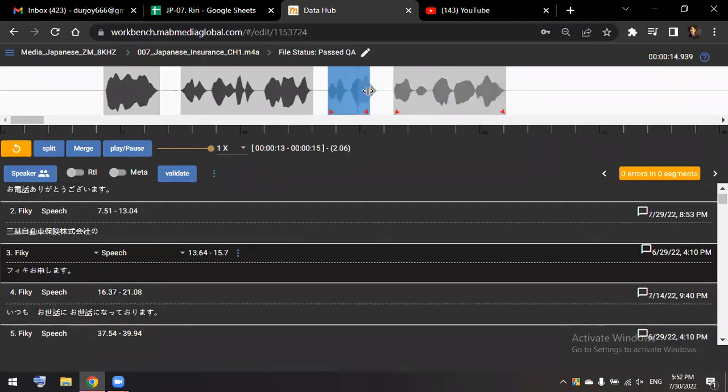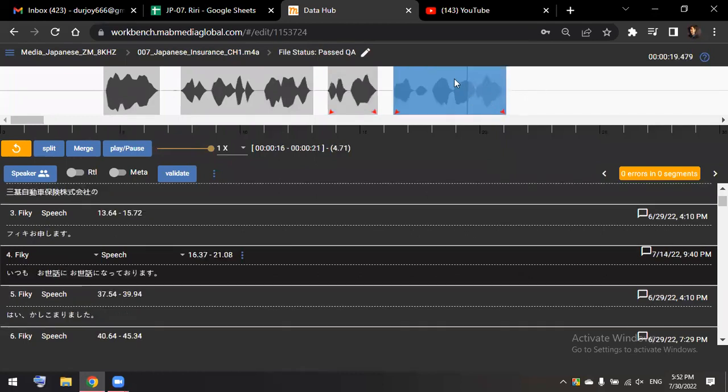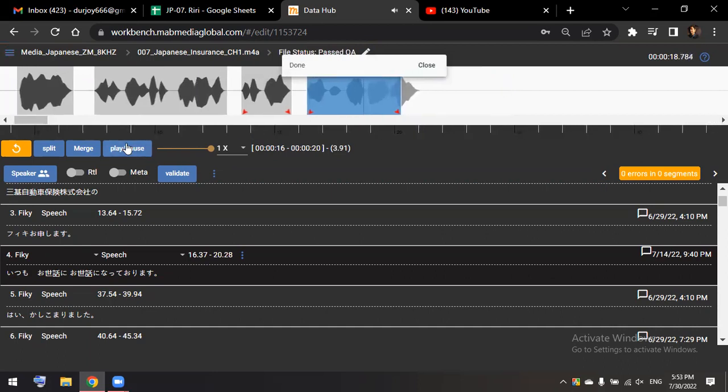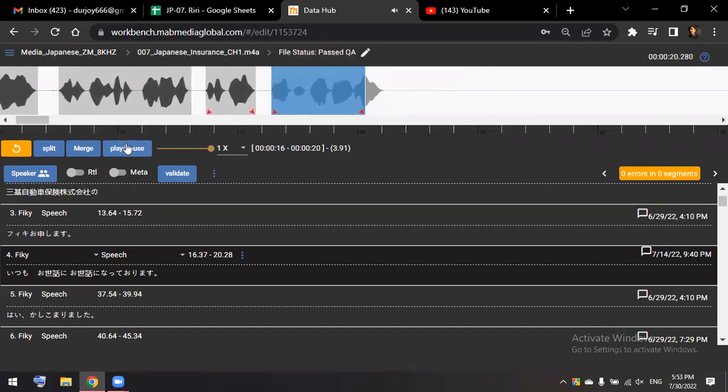You will not find much like this one. If you find this, then you have to merge it down like this. Double click on the segment and merge it down as a new word in the segment. Don't put any kind of broken word, because if you find this, you will hear that person, let me play. お世話になっております。 It means this is not a proper word, because the segment has cut it down.